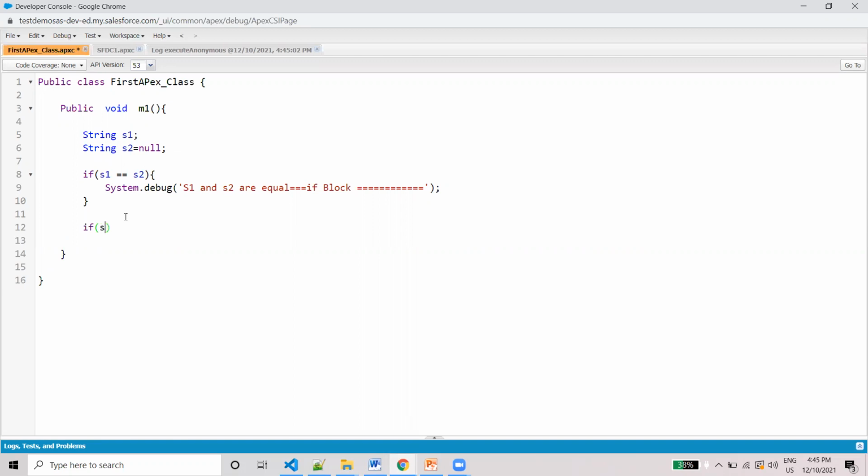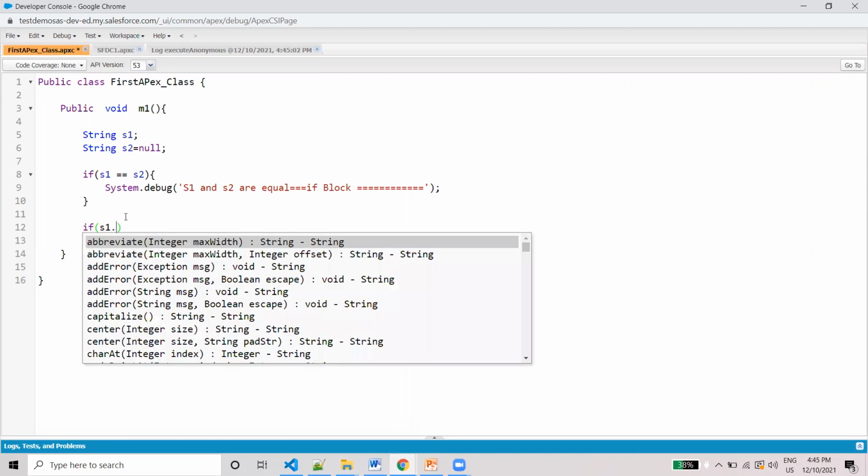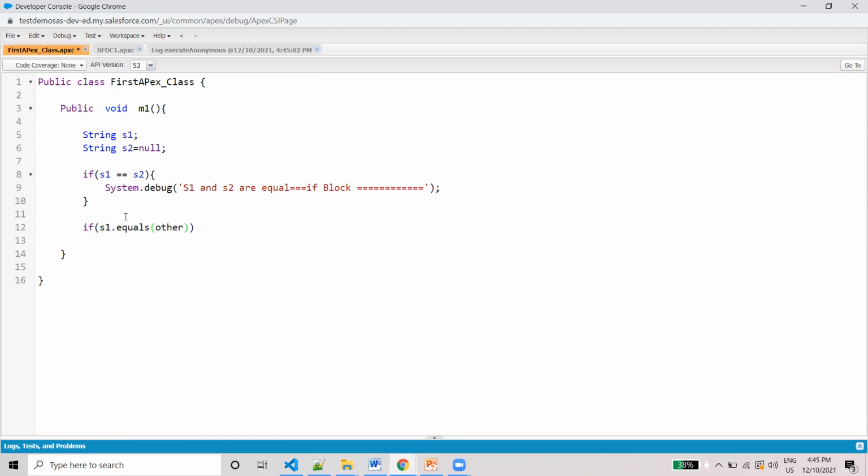If s1 dot equals s2, here we can say equals if block.